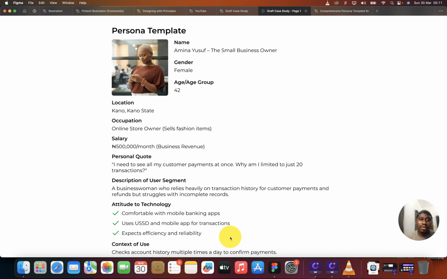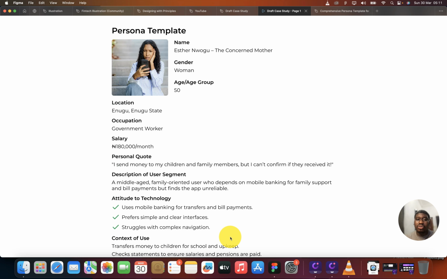And I'm sure even our Amina, as a small business owner, needs these transactions for auditing records as well. If she's a business owner that works remotely, she needs to know her costs, her revenue, her expenses. So a lot of remote workers are highly dependent on transaction histories, on the transactions that are done, on the details of the transactions, to know who it is coming from and so on. So that's something you need to look out for. And let's look at